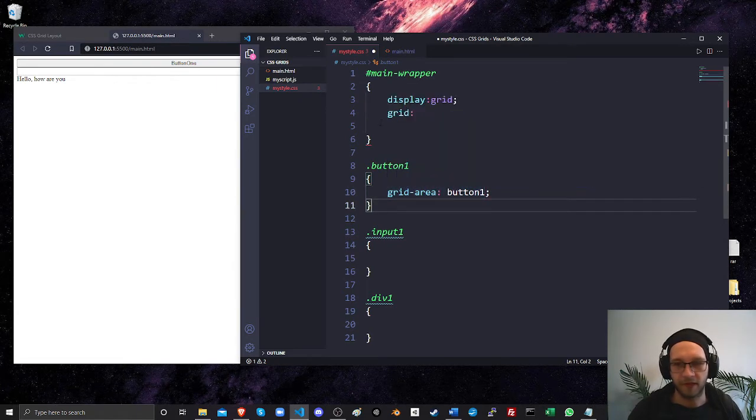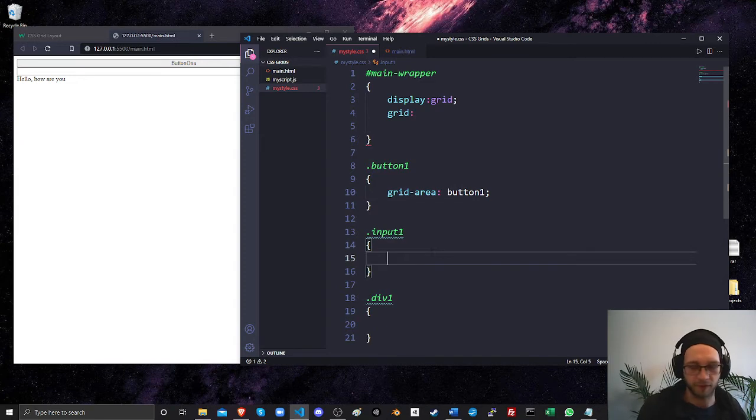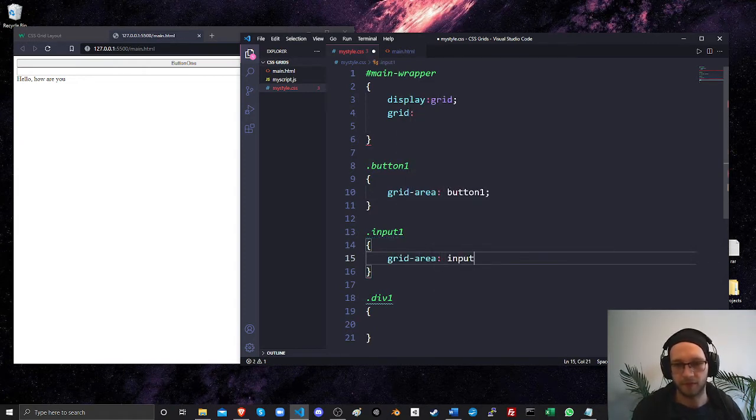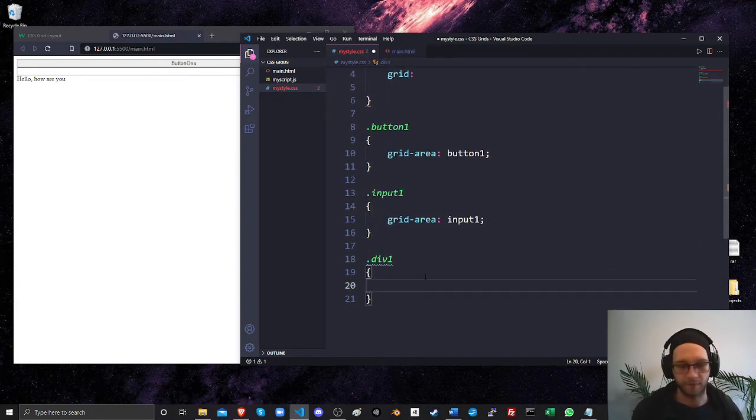So we're basically saying in this grid that we are about to make, the space that this button1 is going to occupy is called button1. So it's a bit confusing. We're just calling one ID some other ID, but you'll see how it works once we have it laid out. So grid area, let's call this input1, and down here we'll say the same thing,